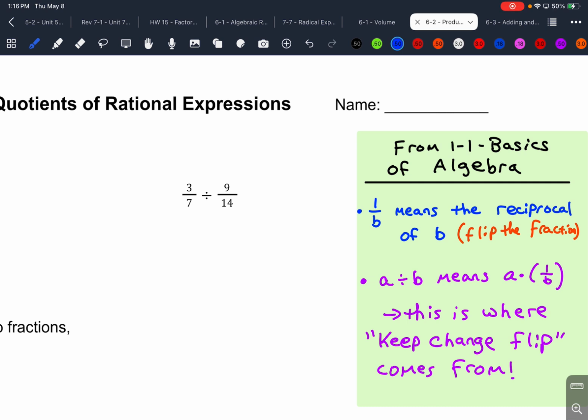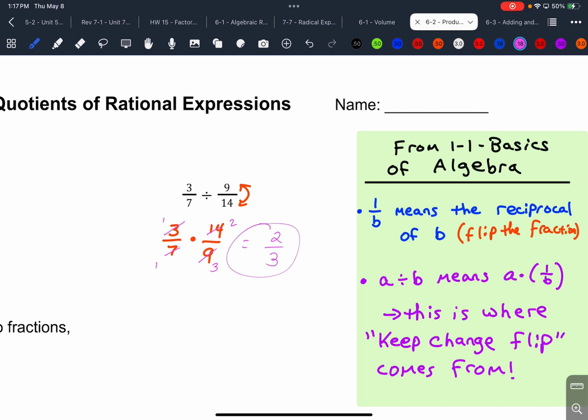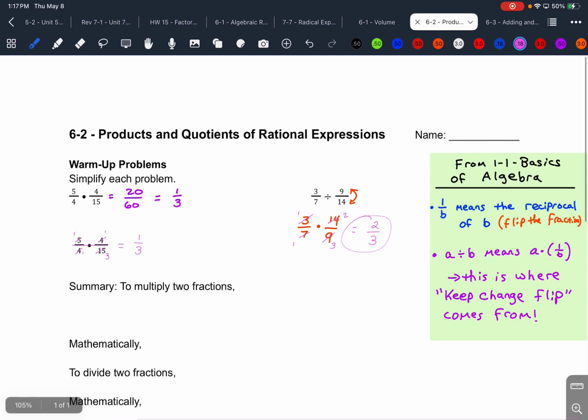So whatever way you think of it, we're going to keep the first fraction, change division to multiplication, and flip this second one over. And now this is a problem like we had before. Now again, we could multiply this to 42 over 63 and reduce that, but let's do the thing we did last time, where we divide these two things by a 3, these two things by a 7, and our answer is 2/3. Okay, so hopefully those will also help with the